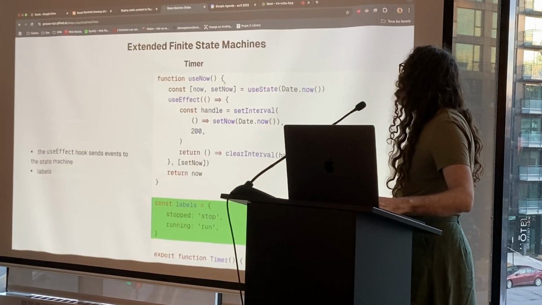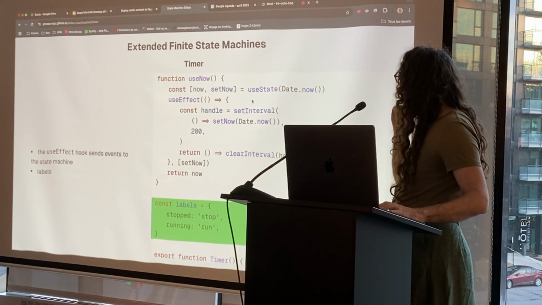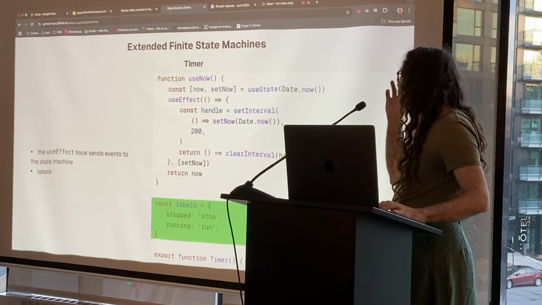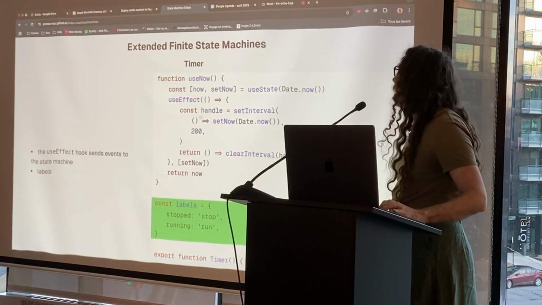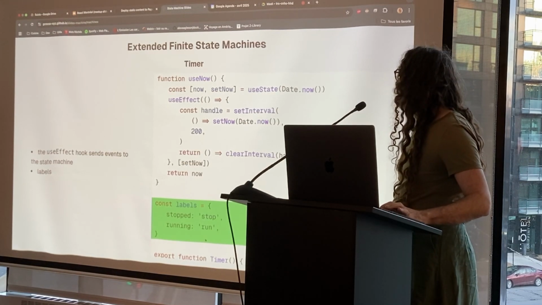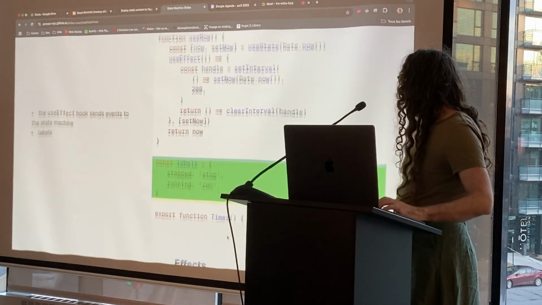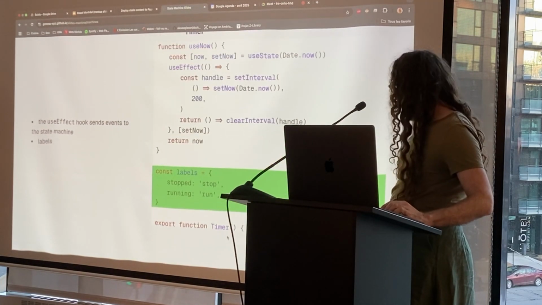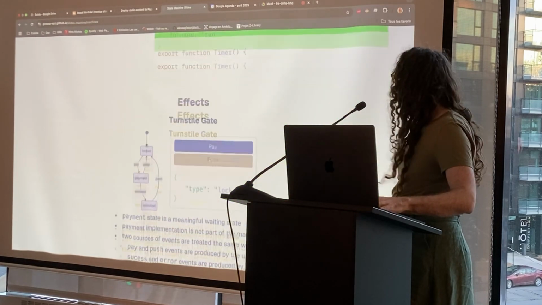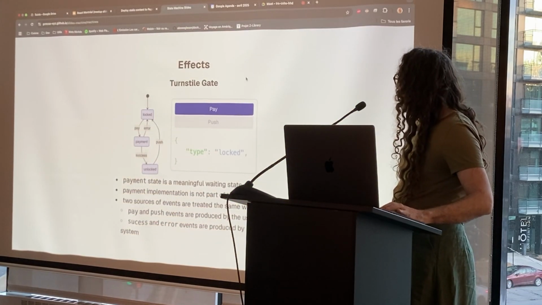And so I have a little use-now hook. It would actually be better to use useSyncExternalState, but I did it the old way. And you have a little translation from state to labels, and the rest is pretty trivial. Okay, next. So let's get back to the turnstile gate, and